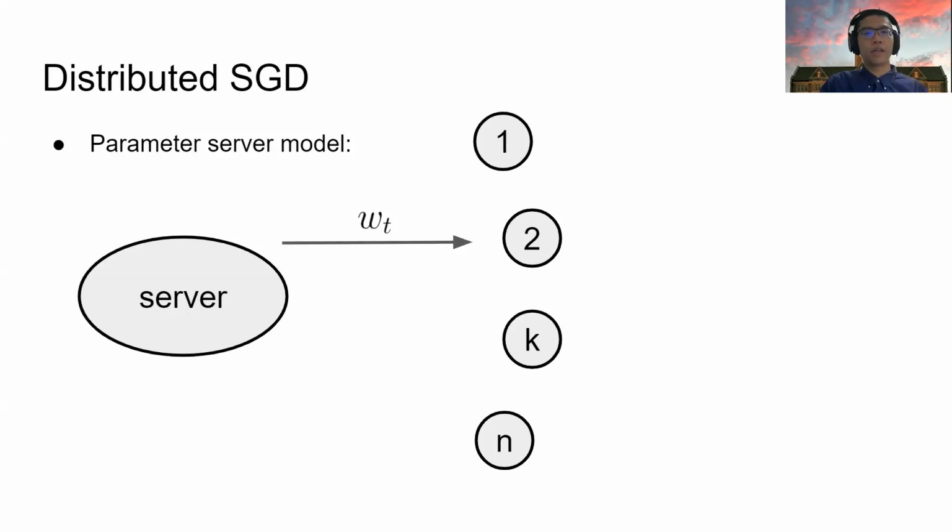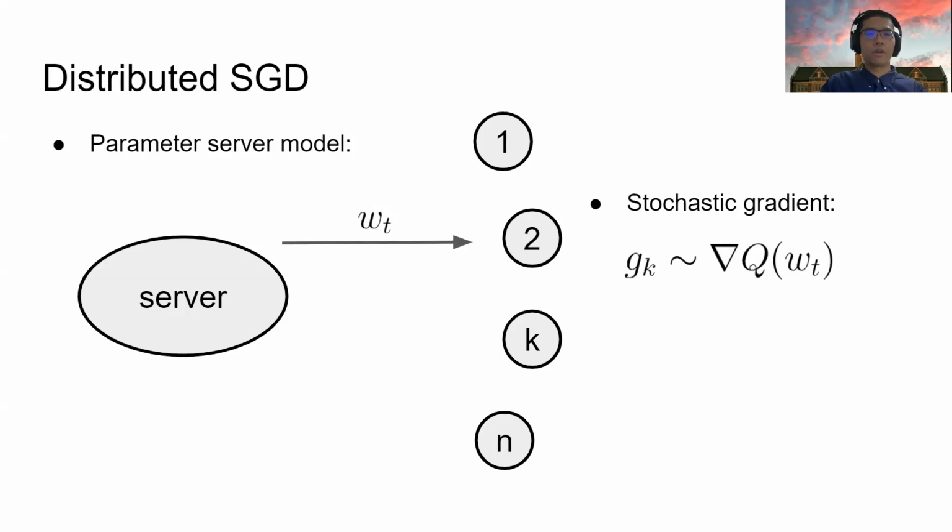To be more specific, each worker has its own local dataset, which is assumed to be a minimal batch that has the same distribution as the entire dataset. Each worker then computes the gradient using its local dataset, which is a stochastic estimate of the true gradient. After the workers finish the computation, the central server will then collect the results and use them to perform the gradient descent. And we assume this process is done in synchronous runs.